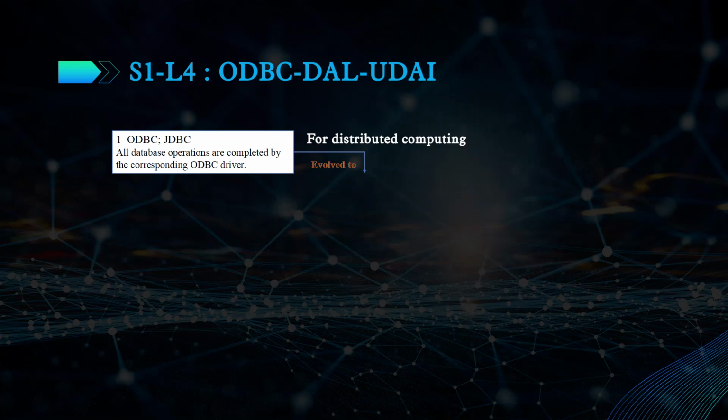ODBC is essentially a set of database access APIs, consisting of a set of function calls, and the call is SQL statements. When an ODBC-based application operates on the database, the user directly transmits SQL statements into ODBC. At the same time, ODBC